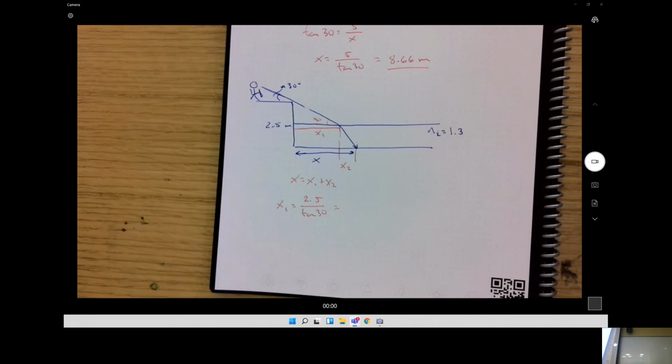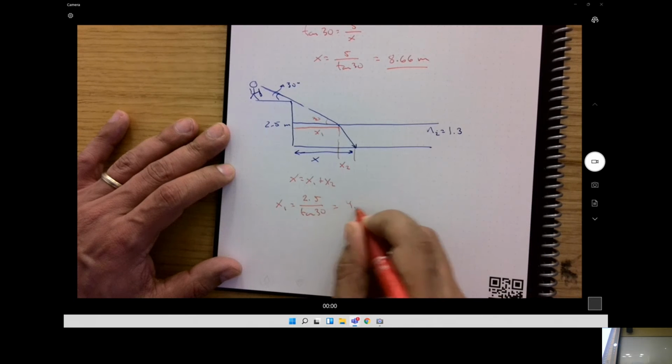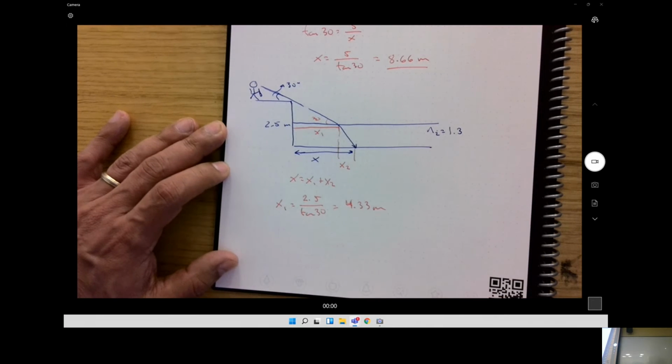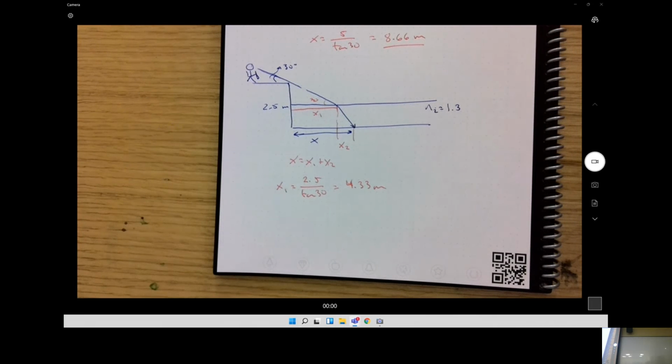Okay, so if you can help me with that. Say that again. 4.33. Thank you. Okay, so that's x1. Now, to calculate x2, because light is going to be refracted, then we need to use